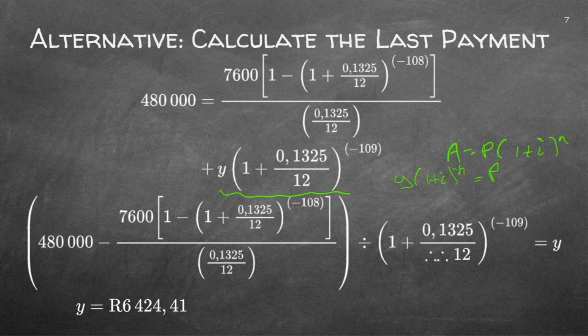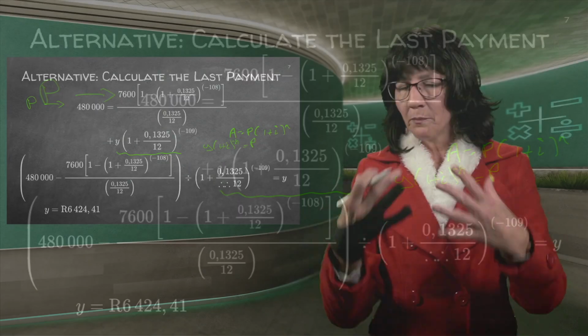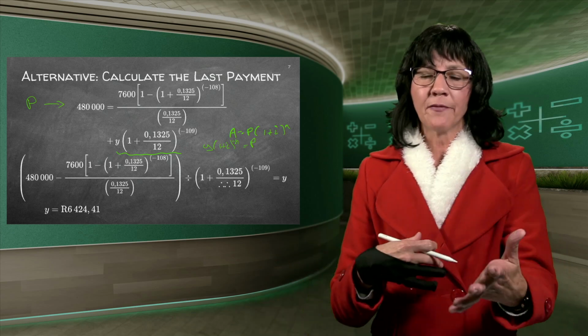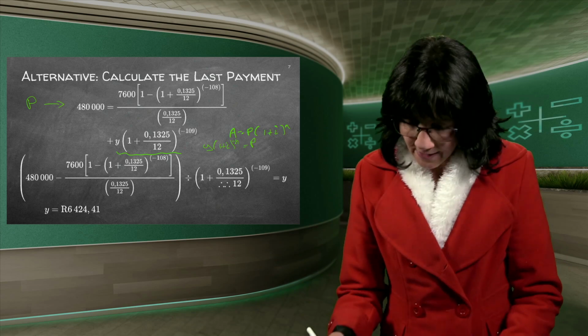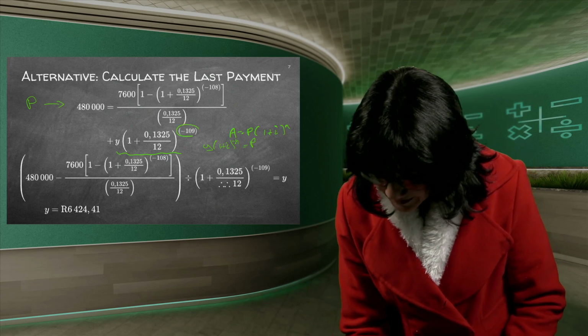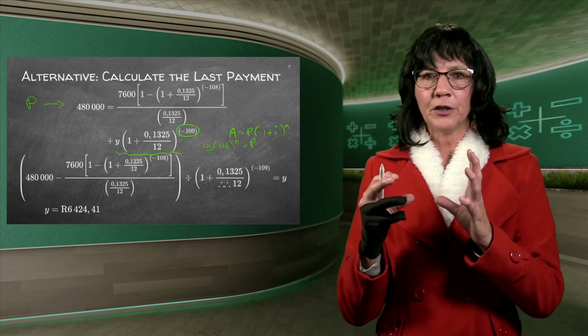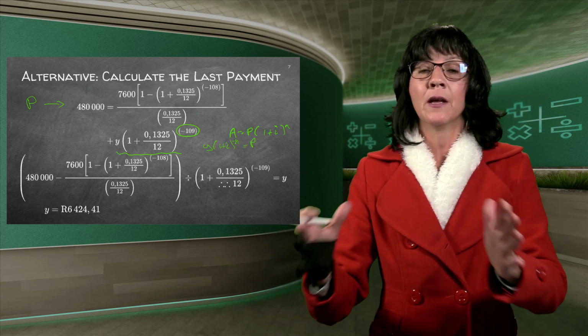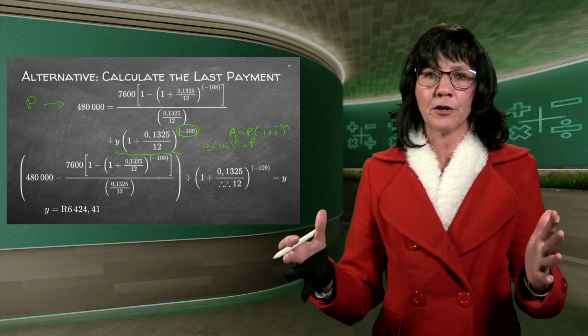But then we use the P formula. So I'm just going to do this. This is your P formula. So that's the alternate method. This is actually, in this case, the method that I rather prefer, because we're busy working with the loan. So if I know it's my loan formula, I must just add the last month. What I'm worried about is this 109. You must then just remember, if we use this formula, which stretches over the whole time period, I have to use the whole time period and not just only one.